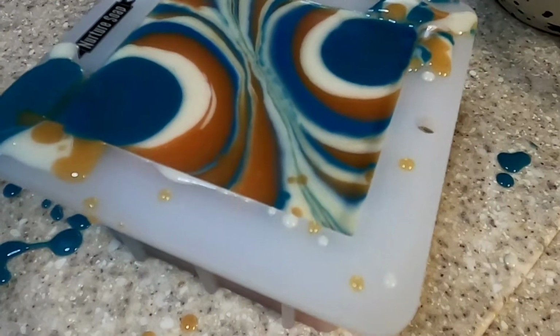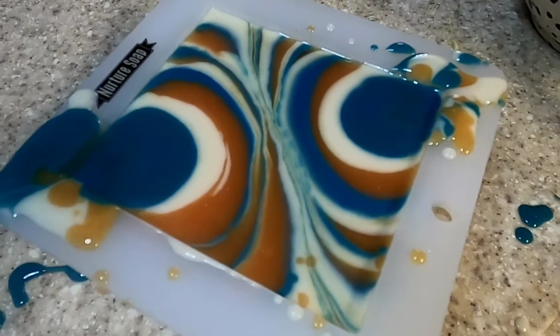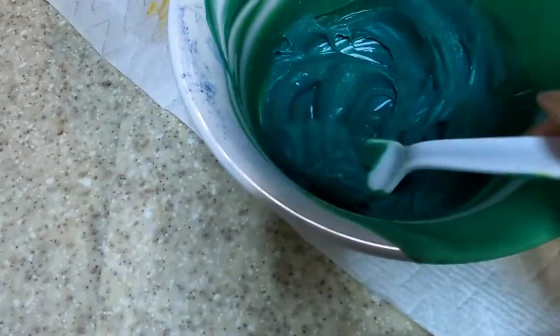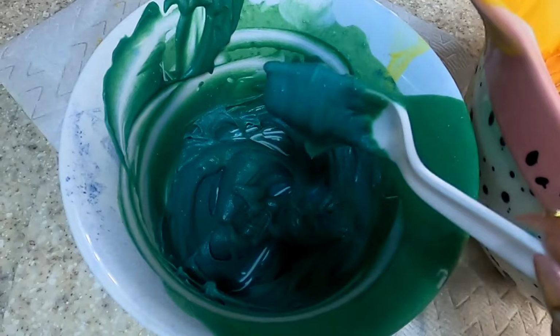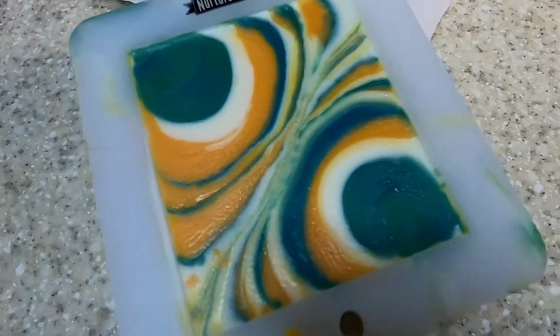Everything looks really good. Now I'm just gonna wait a little bit, let this get a little bit harder, and then we're gonna come back and turn the rest of our batter into icing. Our icing is looking really nice and thick. Our soap bar has also had a little bit of time to set up, so we are ready now to